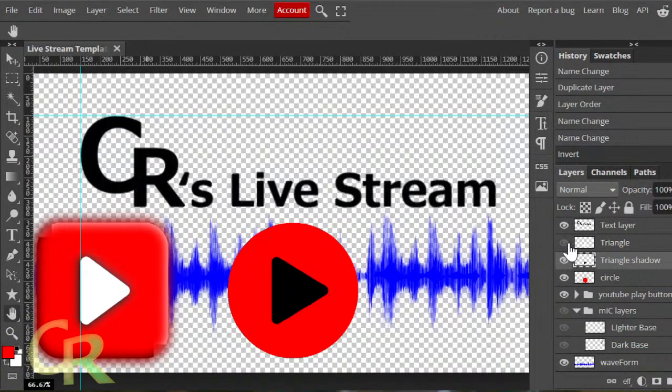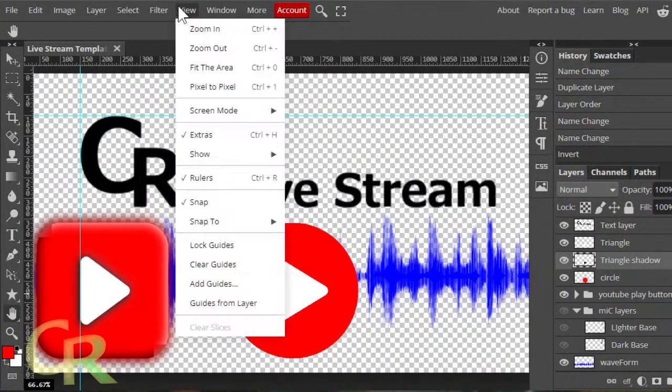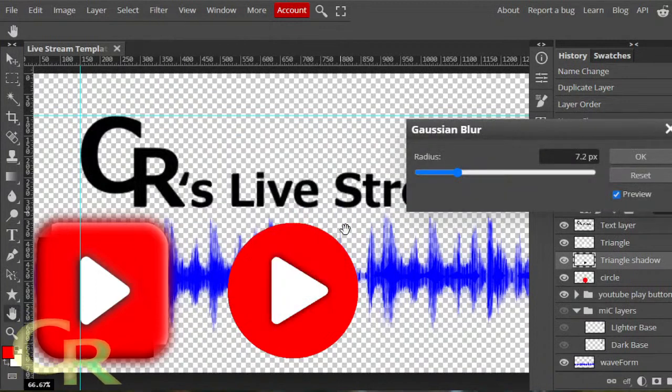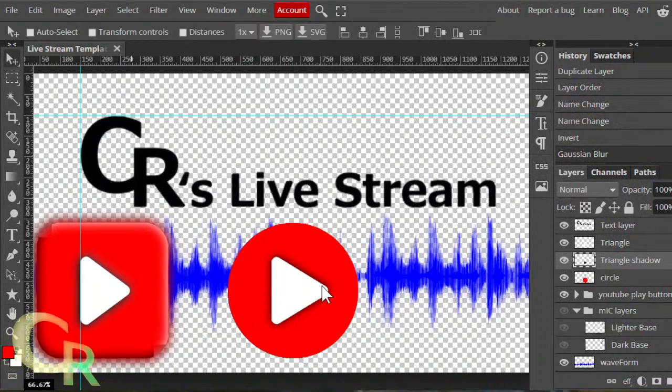Now what I'll do is show the triangle one, so it becomes white again. Select that triangle shadow one, go over to Filter, and apply a blur to it, which in this case is going to be Gaussian Blur. And I'll put it at that 10 mark that I said earlier. Okay. Select the Move tool if I haven't already.